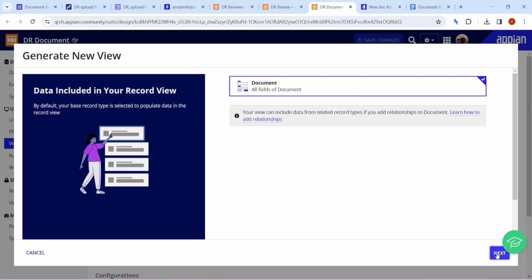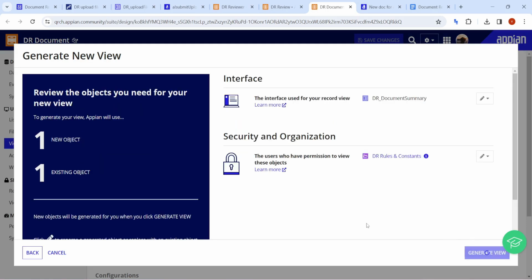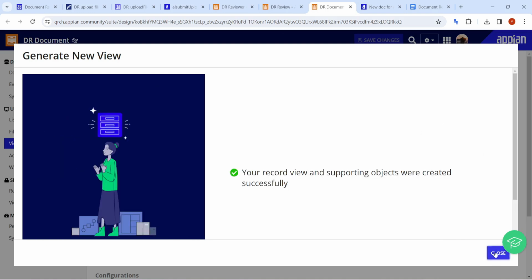Okay, it will generate the view for ourselves. Click on summary here and click on generate view. It will generate the view for this document here. Click on close,